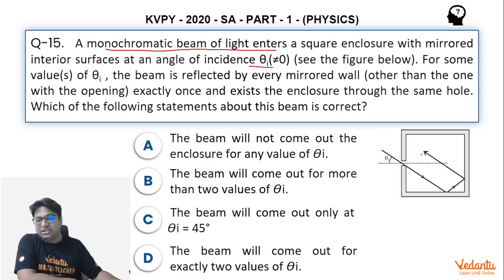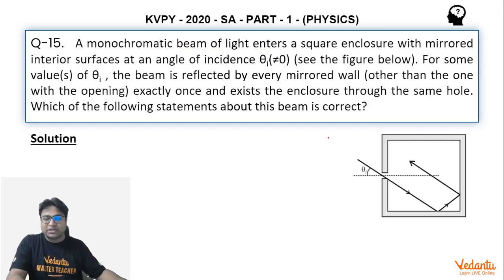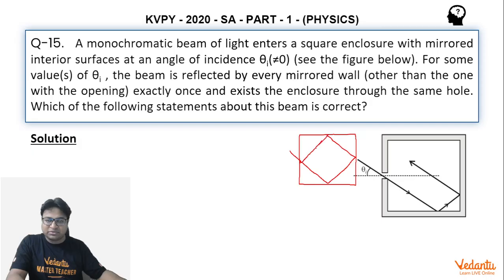So basically, the figure is not what has been depicted here. We are expecting a figure somewhat like this. I will draw it here again. So the light ray, let's say there is a hole here. So the light ray will enter like this, then it will get reflected like this, and then eventually it will pass like this. So this is something that is expected. And for this to happen, we want to know how many values of theta I may exist here.